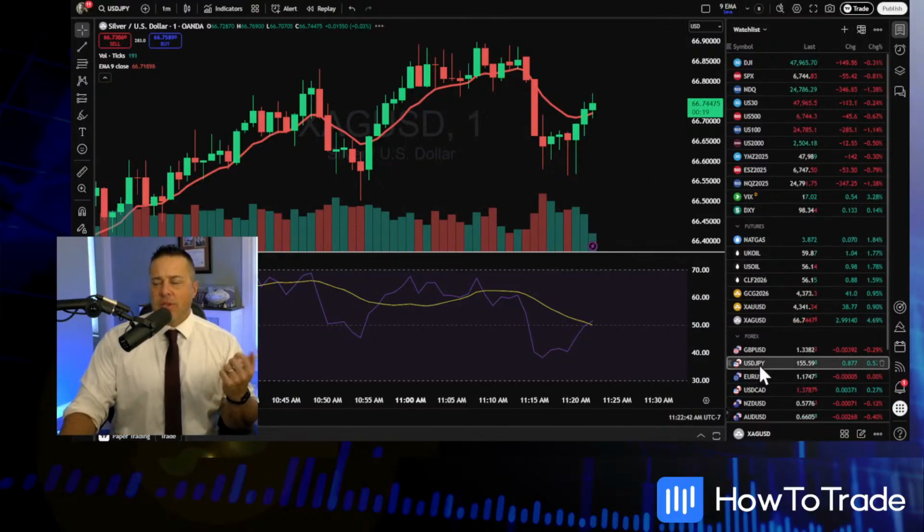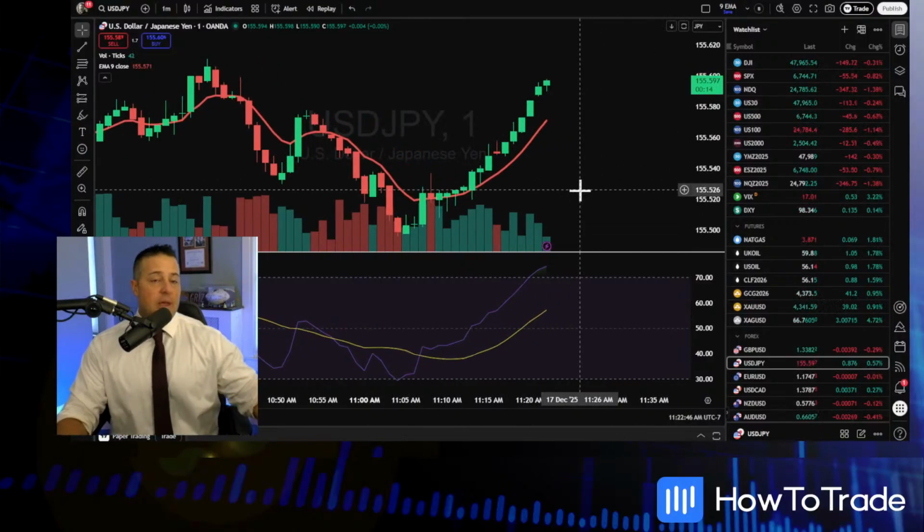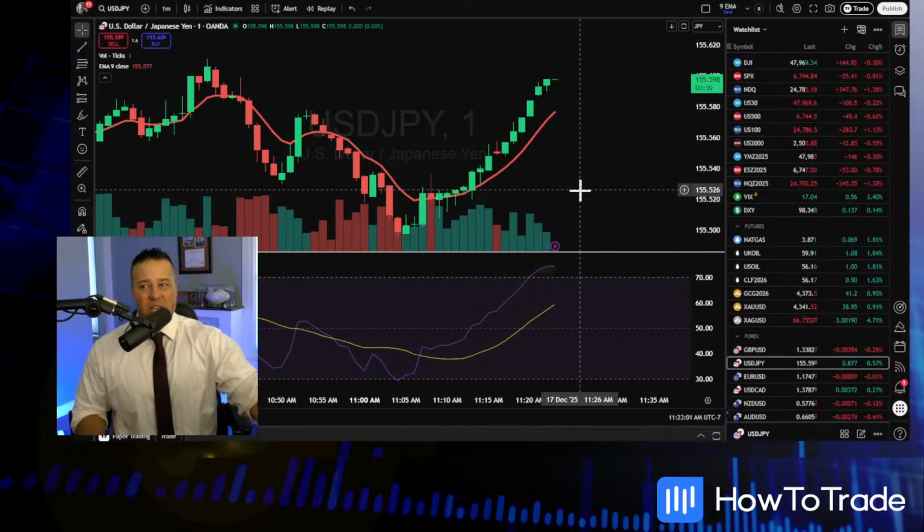All right, let's go to the U.S. dollar, Japanese yen. Interesting. Okay, so this would be a potential trade. Now, what do we have developing here? This is a 1-minute chart on the dollar yen. Now, I don't particularly like trading 1-minute charts on your Forex pairs. As you can see, the market really isn't doing much of anything. It's moving in fractional pips. So it's going to be difficult to get a decent profit target, at least using a